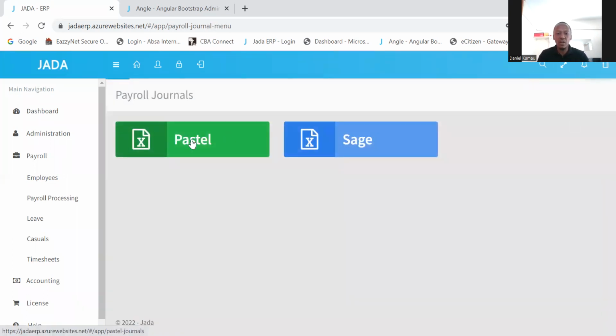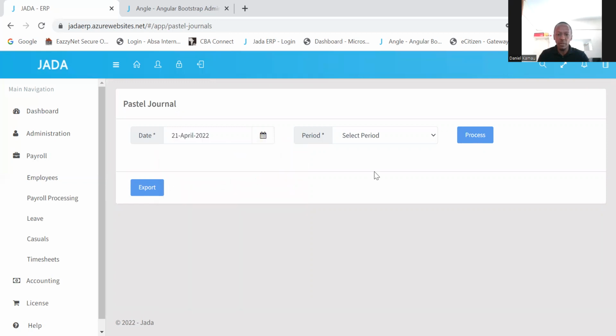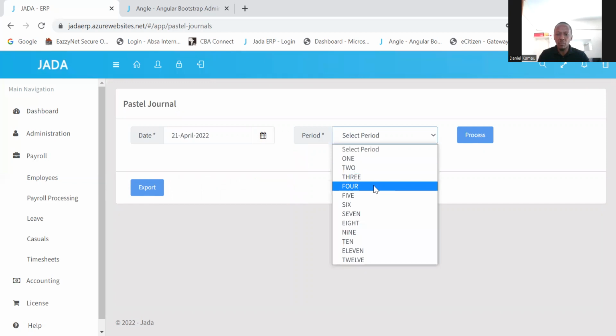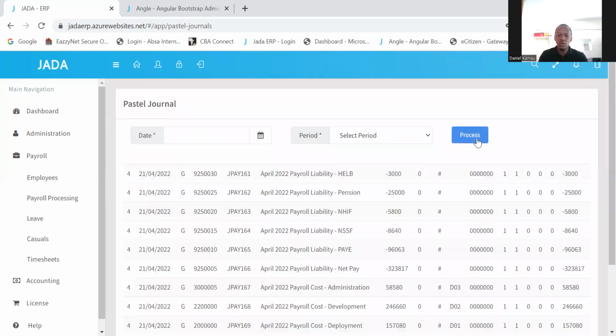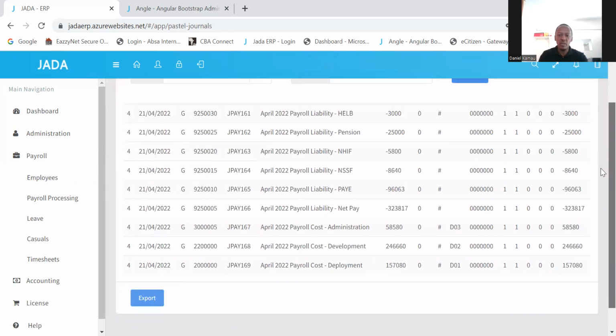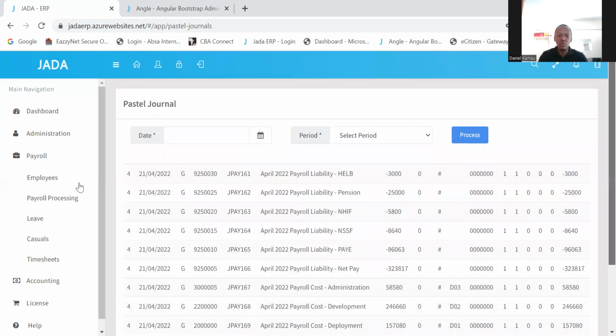So for this case, we have an export for Pastel. So Pastel obviously will need you to have, let's say, for example, this was for April, and on the other side, it's a 4. So the application does for us an extract of the journal in the exact way the system will accept it. Okay, so it gives you exactly how an application like Pastel requires its data. So your work will just be to export and import on the other side, so that you don't have to spend or waste time trying to do that again. Okay,